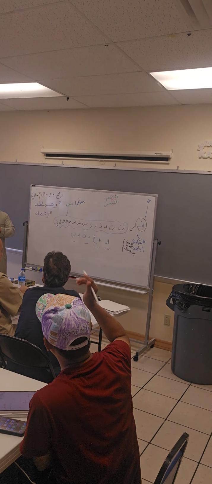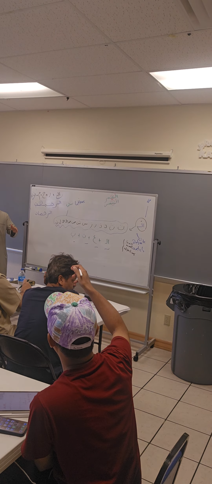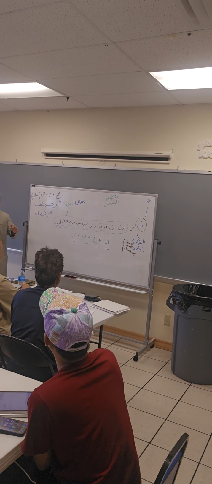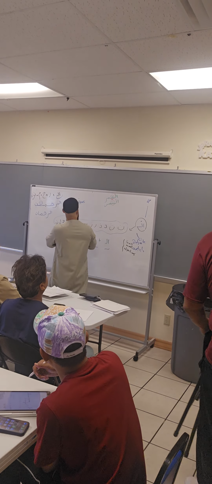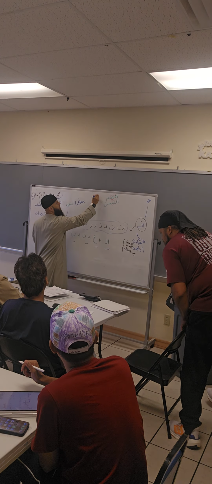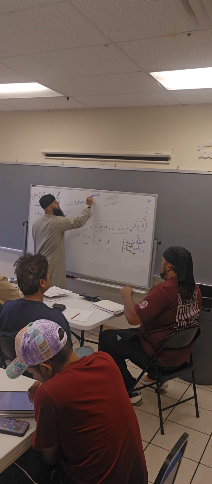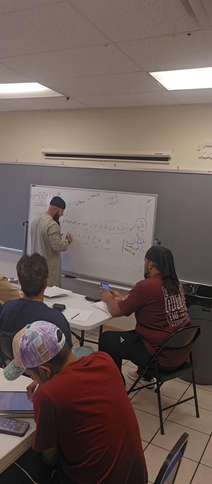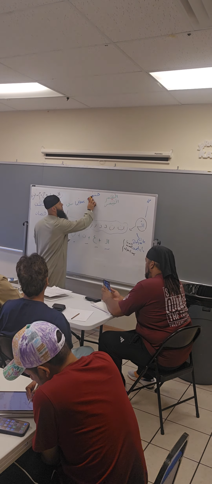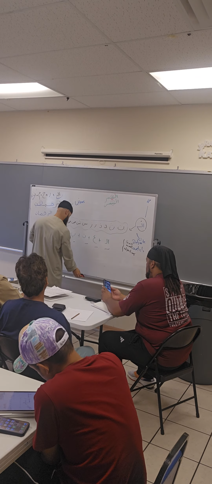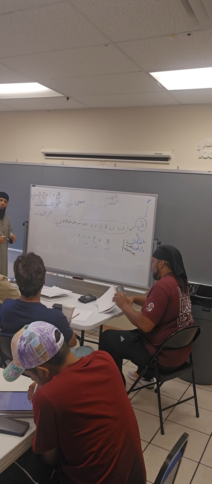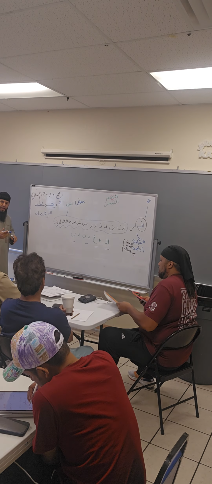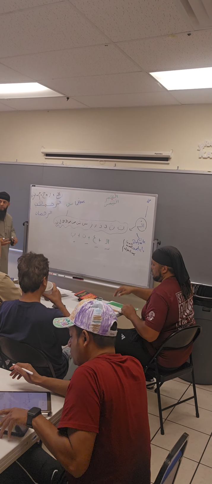Yes. Check what is the name in Arabic for the dagger Alif? Al-Alif Al-Khanjariya. Al-Khanjar means the dagger. Yeah, like in Arabic, I'll write it for you. Look, like so. Kha and Khanjar. Well, let me write it in a different way. So this Alif, what is it called? Al-Alif Al-Khanjariya.